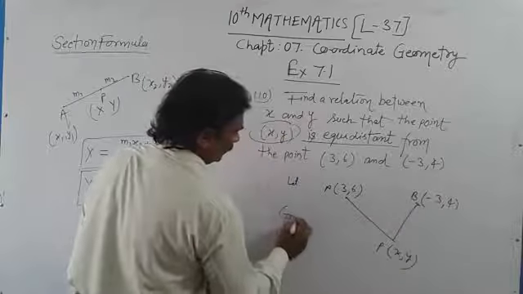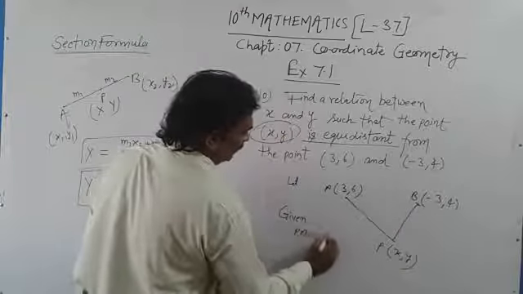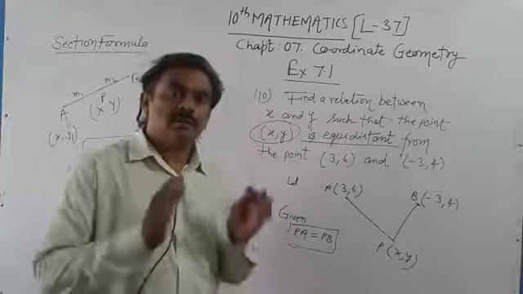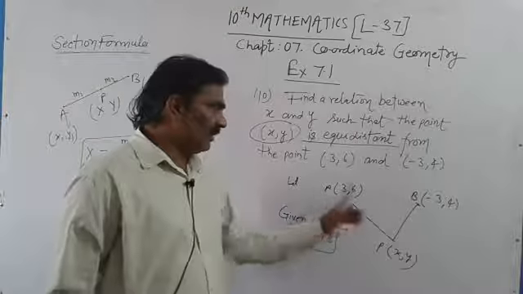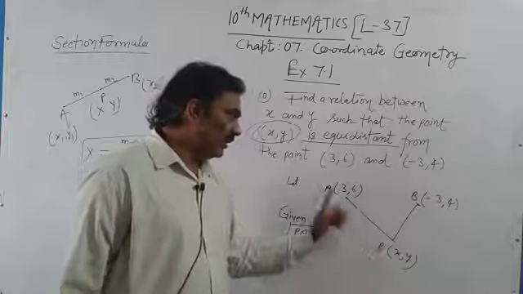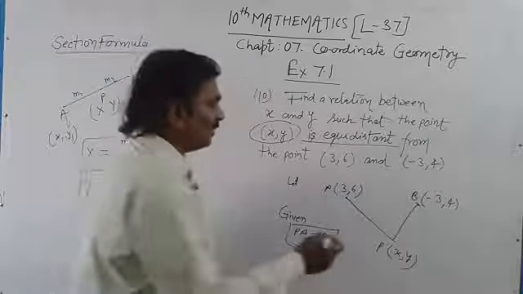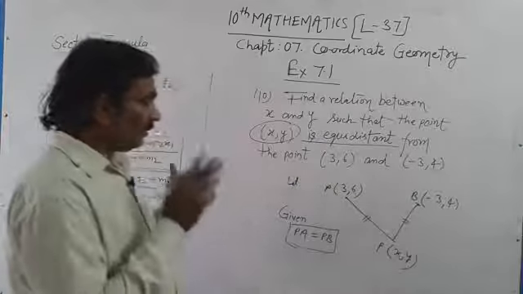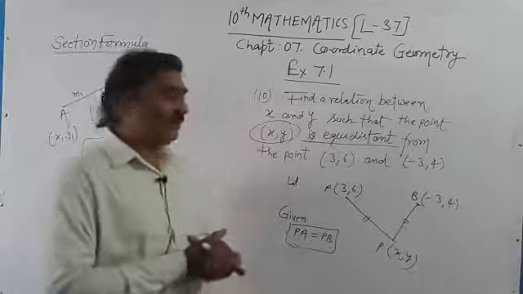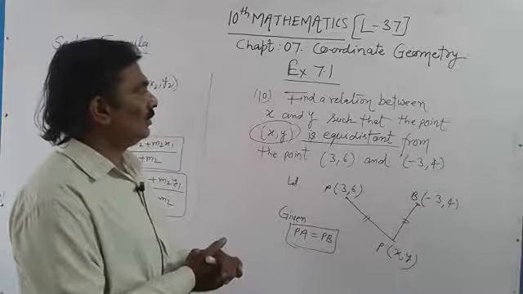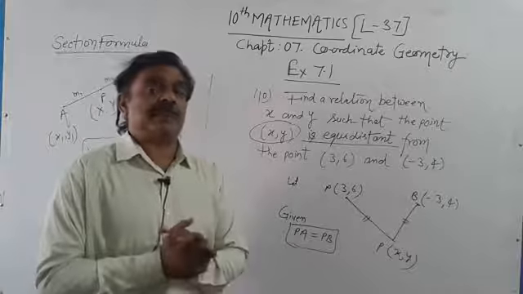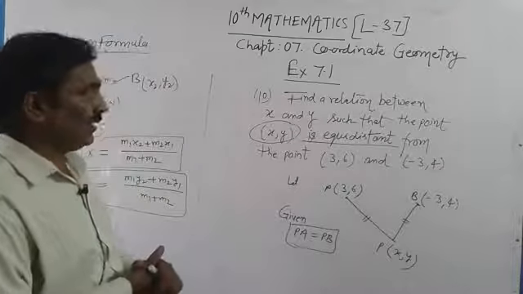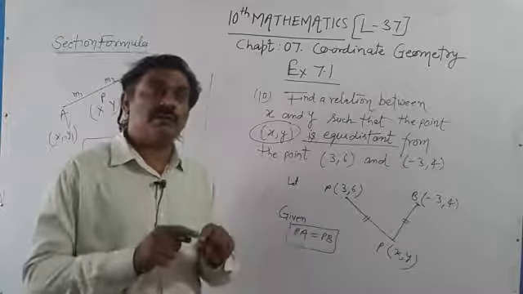Given PA is equal to PB. In this question it is given that point P whose coordinates are (x, y) is equidistant from points A and B. Means point P is at equal distance from both A and B. Therefore, we can say PA is equal to PB. Okay, students. Now, with the help of distance formula, we will try to find the relation between x and y. So, students, you must read each question carefully. Remember, what is the question based on? Then you must read the question carefully and remember all the formulas and how to use them. Don't be confused using the distance formula.